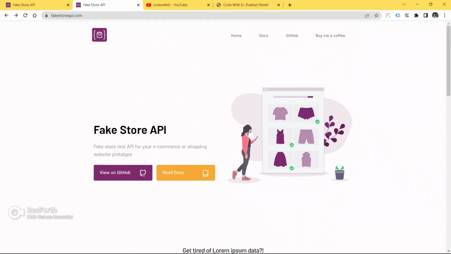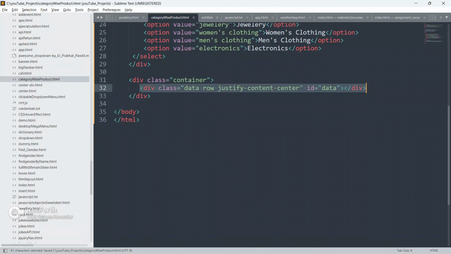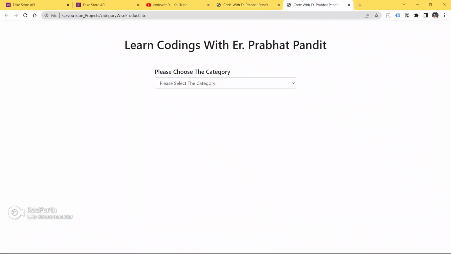We are going to use this API in this video, guys, and we will fetch this API using the JavaScript inbuilt method called fetch API. So let's go to the code now and start writing JavaScript for the functionality. First of all, guys, let's open this page in the browser and see the output.